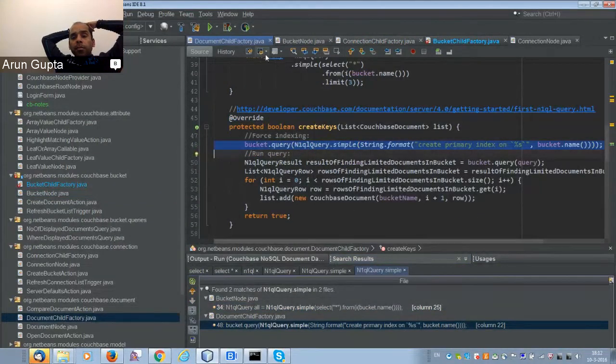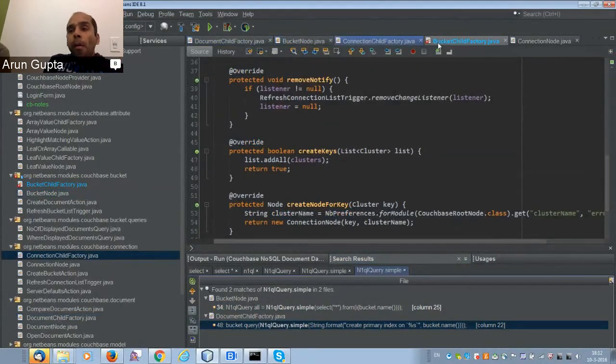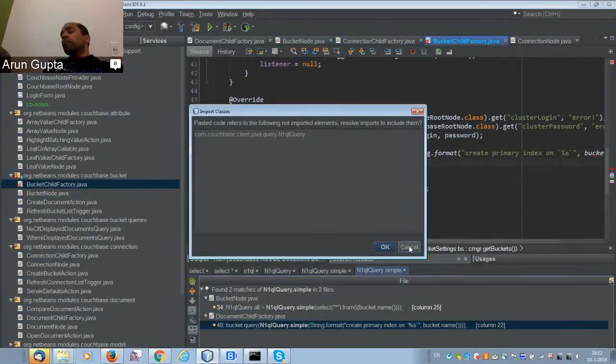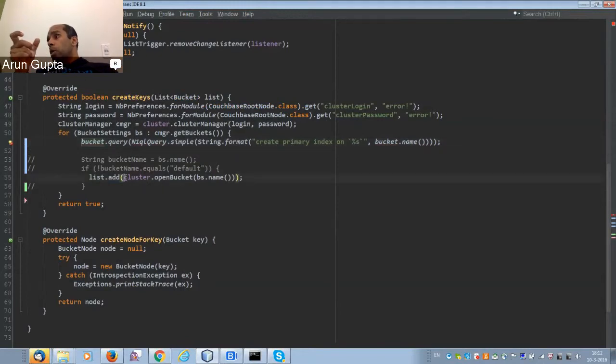And you could also do, for example, since the results that come back have a field called keyspace ID, you could say select star from system:indexes where keyspace ID equals the name of my bucket, and that will tell you if that bucket has indexes or not. So when I execute this query, select star from system:indexes, this is going to give me a JSON. Yes. And so in my Java code I should be able to parse that JSON and make sense out of it. Yes.